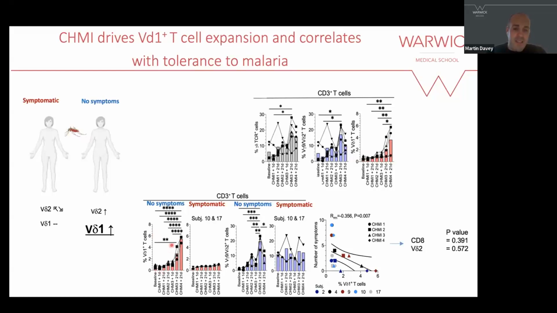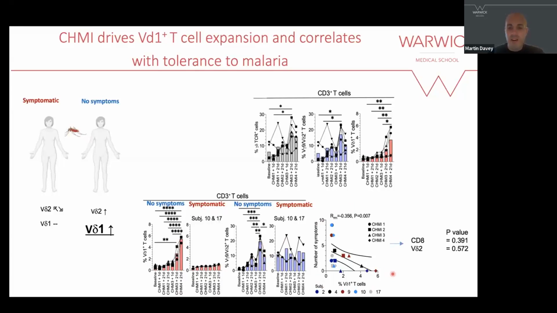And we found actually that the individuals that had no symptoms by the end of the CHMI4 were the ones who had V delta 1 expansions, whereas the ones who were still having symptoms, or mild symptoms at least, were still symptomatic. And these were the ones where they had no V delta 1 responses. And also there were some very interesting V delta 2 responses, whereas the ones who were asymptomatic had a very robust, consistent response that dipped at CHMI4.